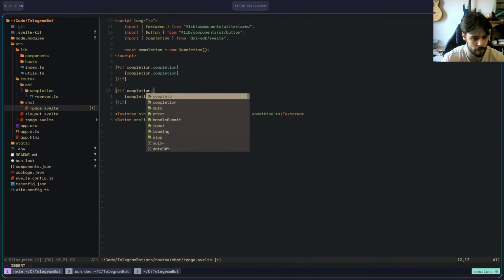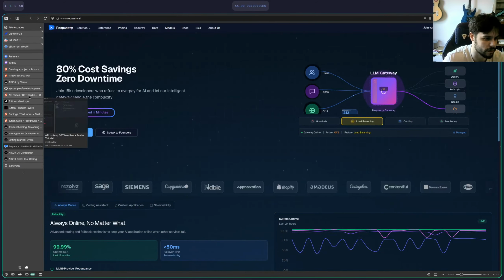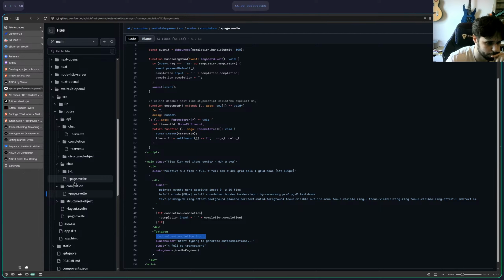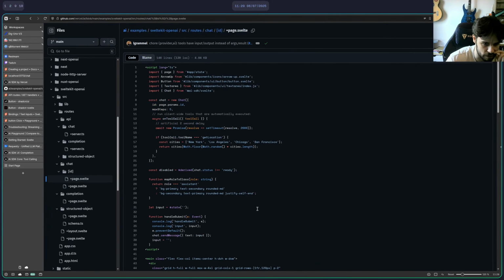It's going to be if tool call condition. I'm going to have to figure out tool calls there. Let's have a look at this, for example. On tool call.